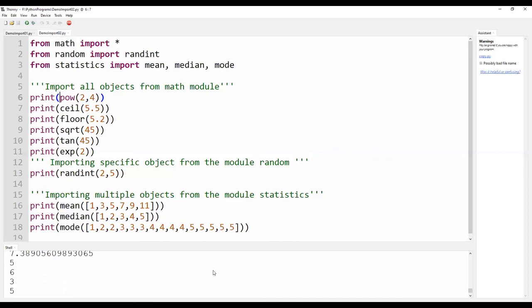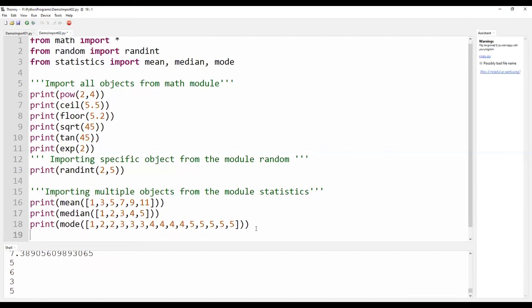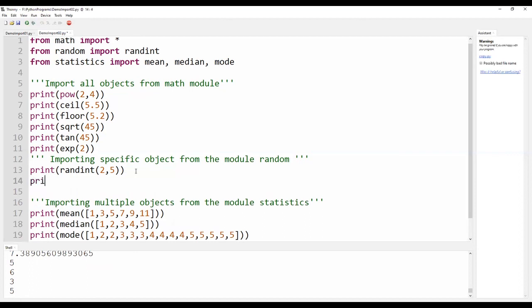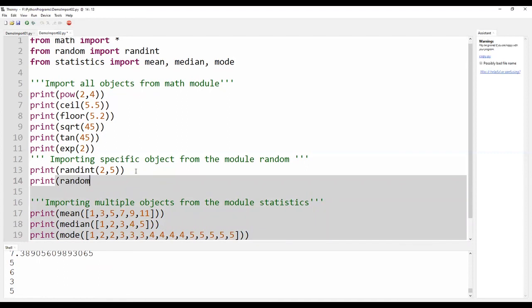If I try to import any other package other than the discussed one, let me give a try only once. Print random, I am giving.